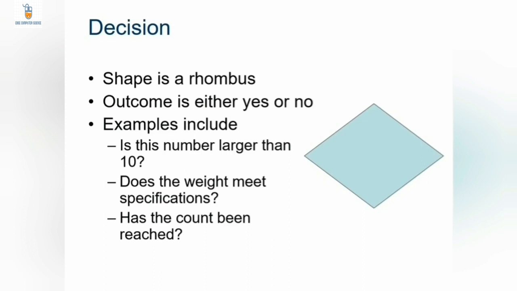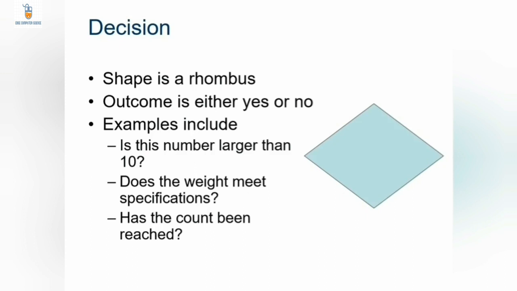This diamond or a rhombus shape is used in case of outcome which is either yes or no. When we have to check a condition that gives any one out of two options. Like in Aryan's case, we had seed or sapling as option. If seed is there, then do this. If sapling is there, then do this. In such situation, we use decision making, that is the rhombus.